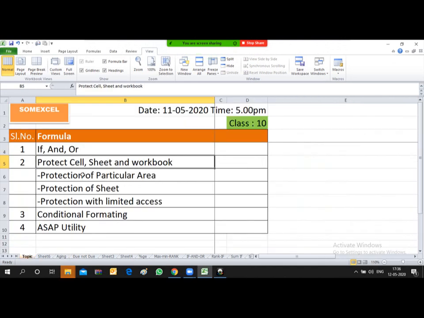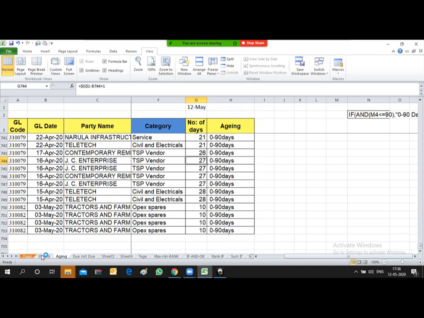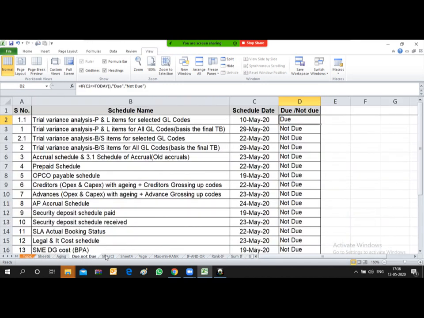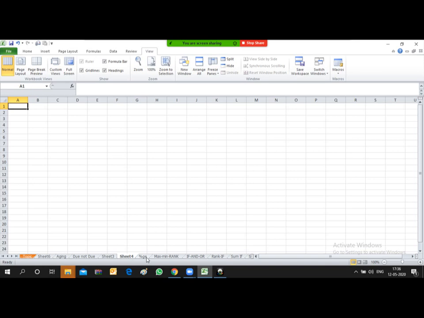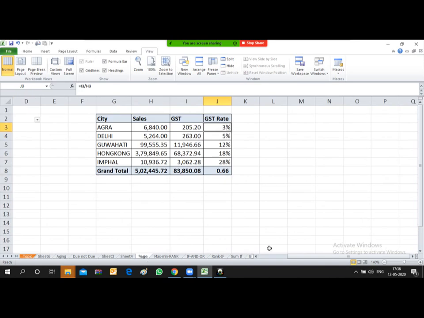Now the next topic is protecting of cells, sheet, and workbook. Many times it happens that I want particular data in a particular format. I send this format to my subordinate to fill up that sheet, but the subordinate, according to his whims, changes the formula or that kind of thing.